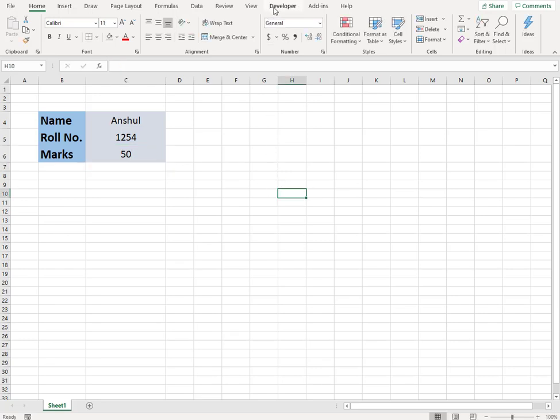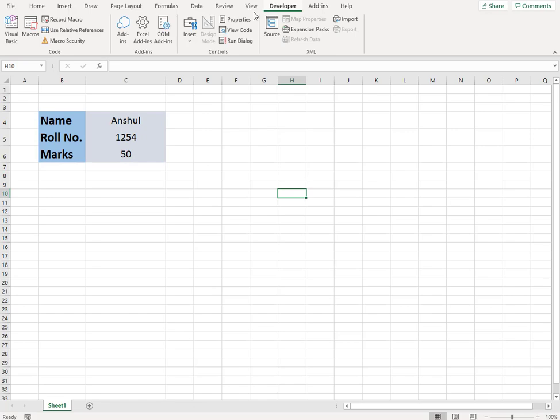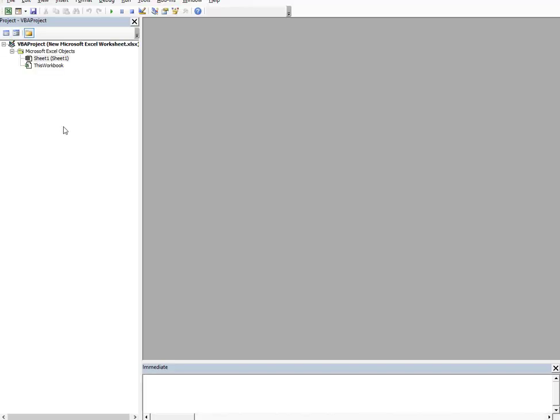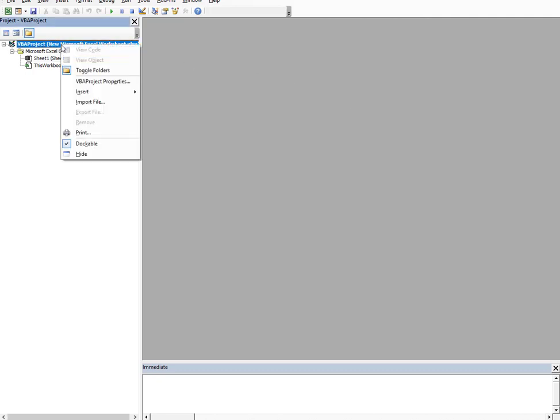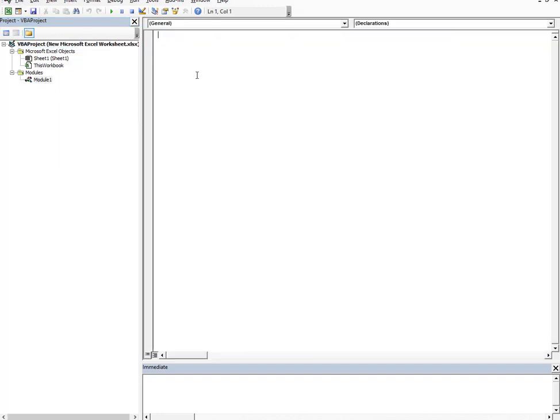The first step is that we have to go to the Developer tab and then click on Visual Basic. Now, when you do that, first we will have to define a beep function. A beep function is a standard function in Excel which will help us to generate that beep. So to do that, I'll right click, go to Insert and go to Module. So I'll insert a new module. Here I'll type